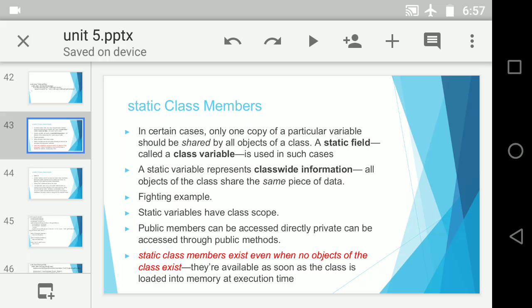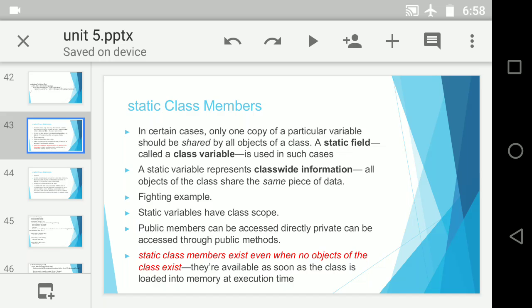Hello students, today we are going to see one simple program on static class members, and then I have given you two examples, complete executable code, self-explanatory code along with their problem statements. So I want you to go through them on your own, and if you find any doubt, any problem, then you can contact me anytime.